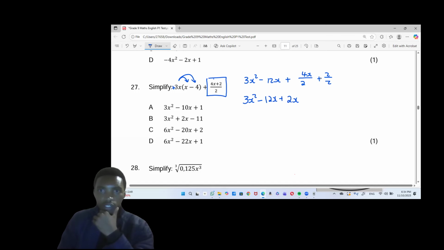4x. True. 2 divided by 2 is how much? One, right? So finally, do we have any like terms at this point? Yeah. Those are like terms, right? Because for 2x the exponent there is 1 and also there is 1. So 3x squared minus 12